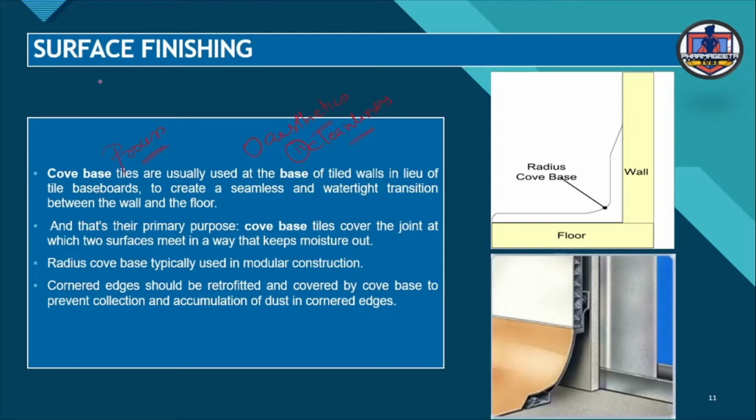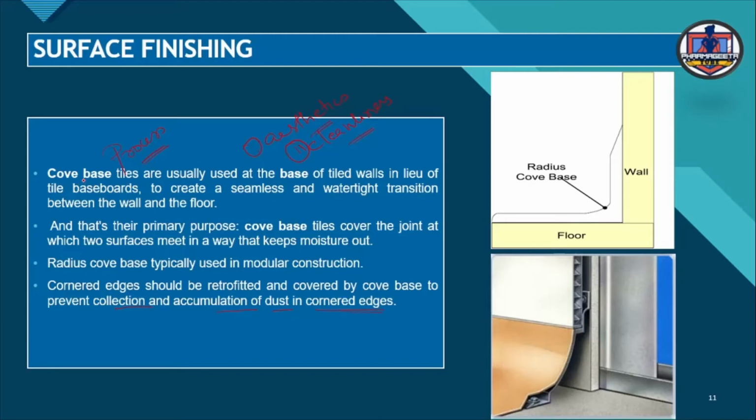So why do we do surface finishing? The main motive is to prevent accumulation or collection of dust or microbial contaminants in cornered edges of flooring. Now in your home, you may have observed that we have edges of the room, corners of the room where dust gets accumulated. But in an industrial environment, if you have done industrial training, then in case